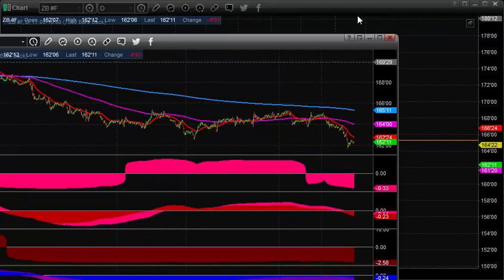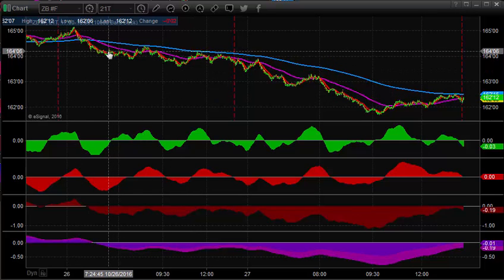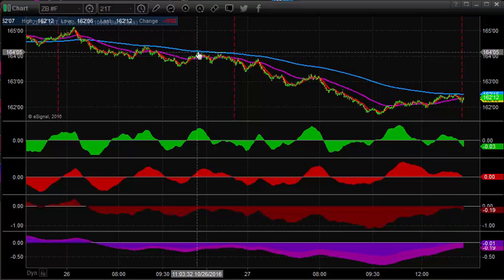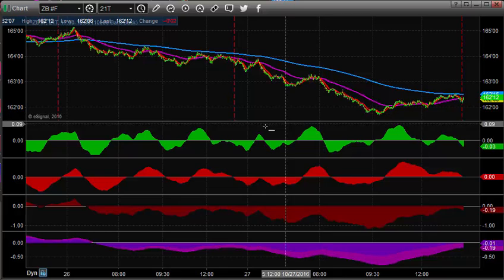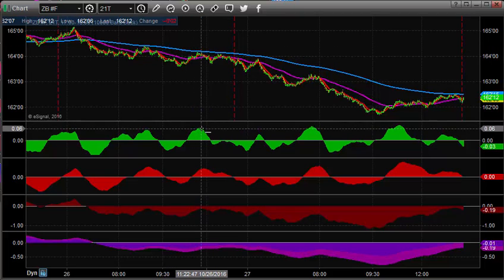Let me go back to the 21 real quick. Okay, back to the 21 tick. These are all plays here. A couple of these are scratch plays, but when they're not scratch plays, you may even be losing a couple ticks. This is 164.03 down to 163.25. They're all little plays, and one of the things that I look at is when I get a trade like this and it's going up to the major Triton wave right here,